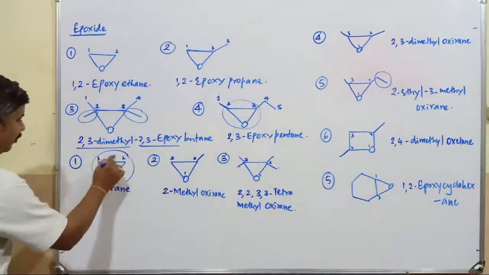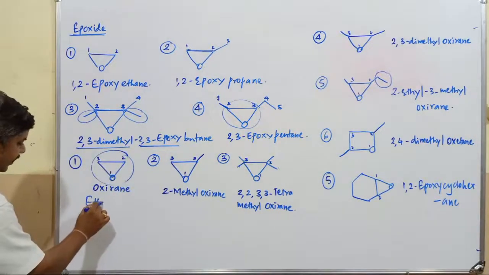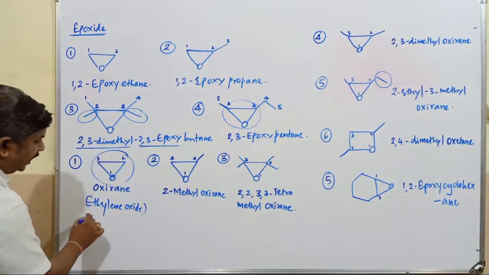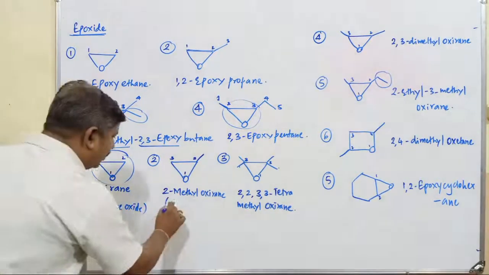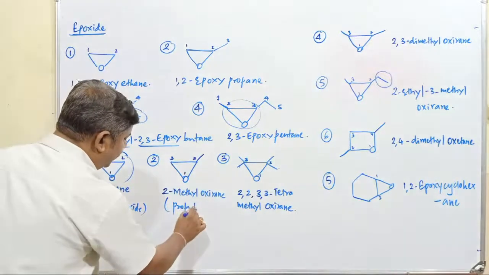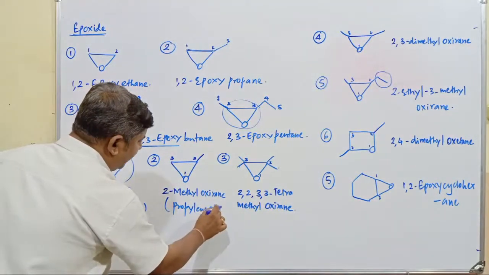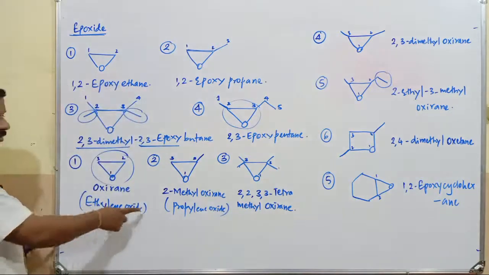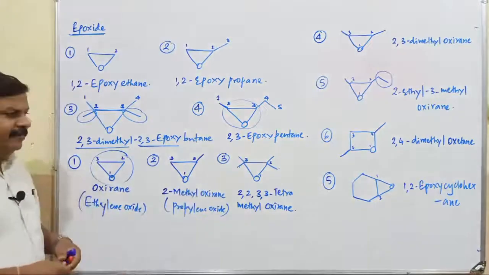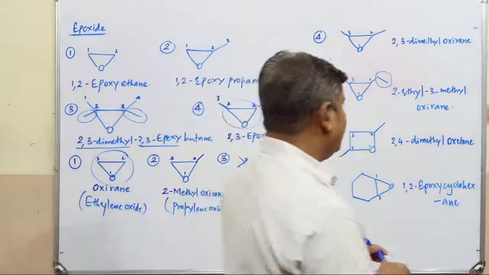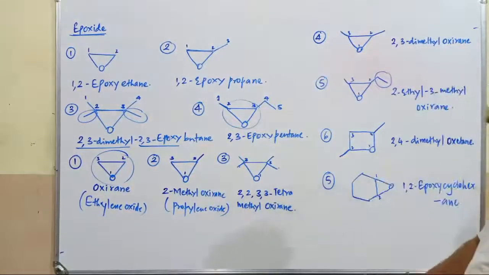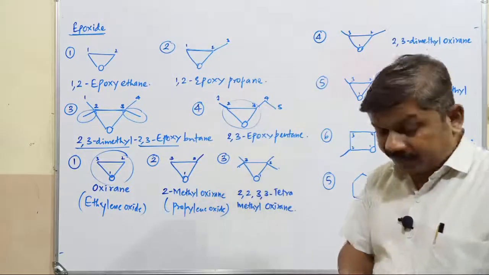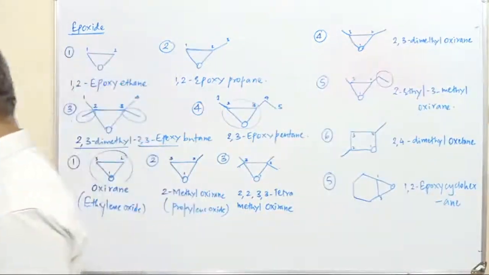If you take this compound, what is another common name for this compound? Another common name is going to be ethylene oxide. It is also called ethylene oxide compound. Similarly, this is called propylene oxide compound because this is obtained from propene compound. This one is obtained from ethene compound or ethylene. Ethylene oxide and propylene oxide. Those are the different types of substituted oxide compounds. So just remember the oxidation method as well as the epoxide method of nomenclature of these ether compounds.